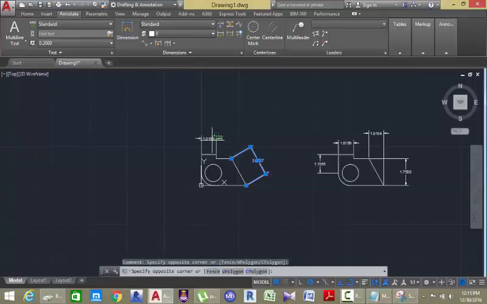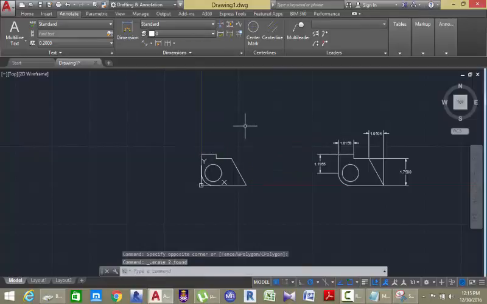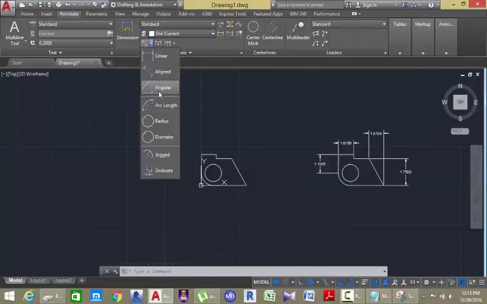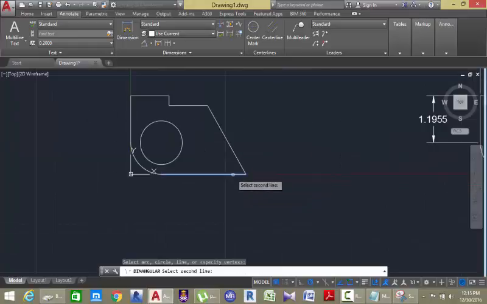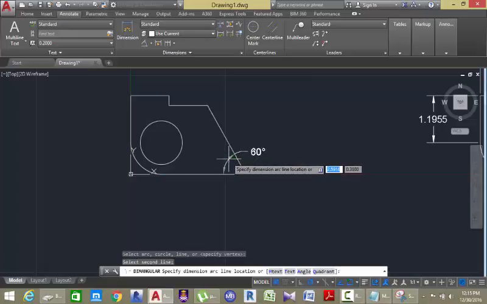Then also there is another dimension which you need to know. If I click this down arrow and move down and select angular, AutoCAD asks me to select arc, circle, line, or to specify a vertex. Now if I click on this line, then AutoCAD asks me to select a second line. Then if I select this one, AutoCAD automatically shows me the degree of the line that I select, and asks me to specify a location for the